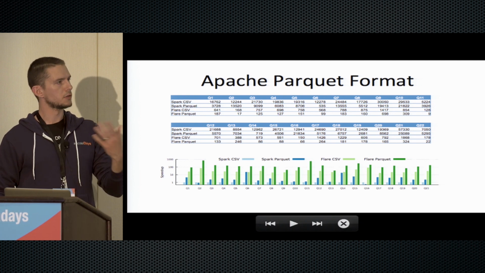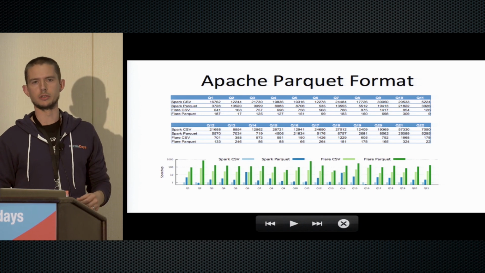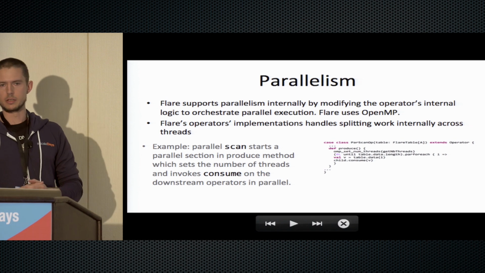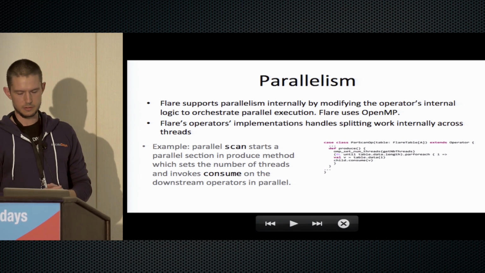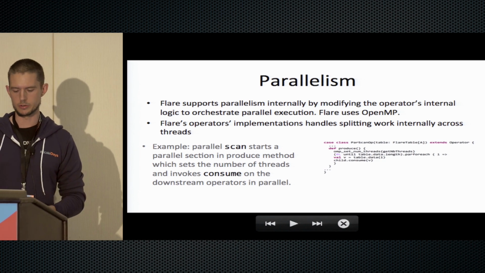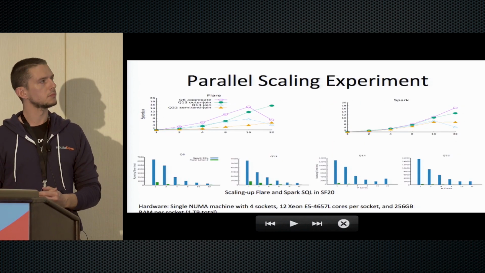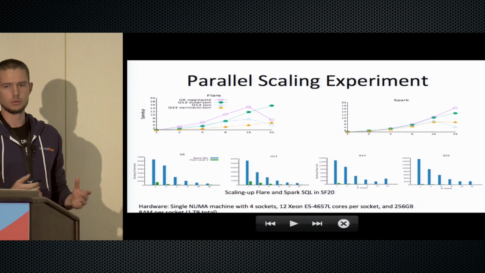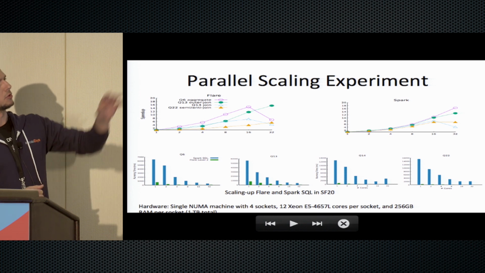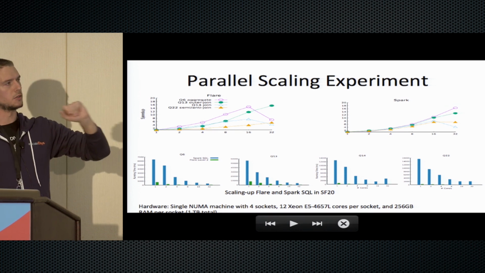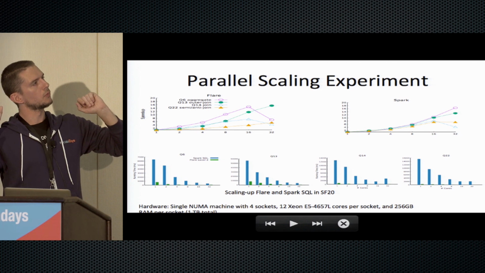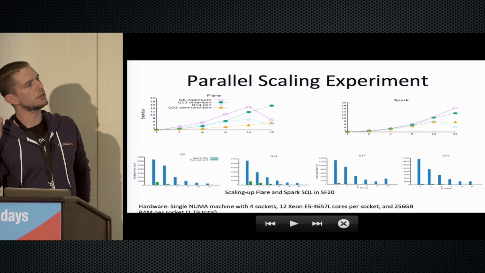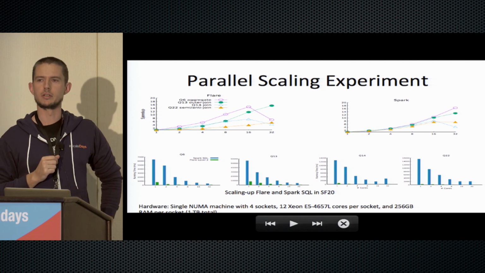These numbers are, again, sequential, but this time they include all the data loading. Now the question, of course, is parallelism, right? Running things on a single core, even if you're much faster, will only get you so far. And of course, we can also parallelize, right? First of all, what you see is that the speedup graphs, if you're just looking at the parallel speedups, are a little different between Flare and Spark, right? And in particular, for some queries, it looks like Spark is actually doing much better in terms of parallelism,